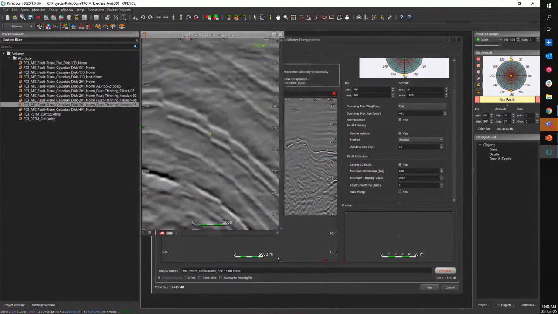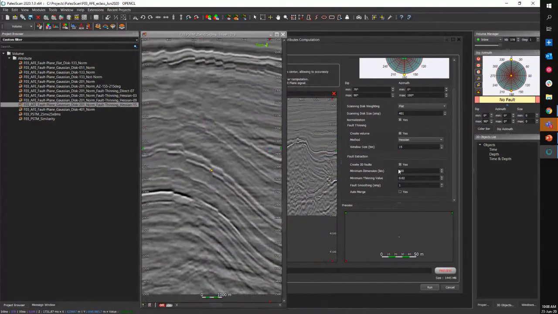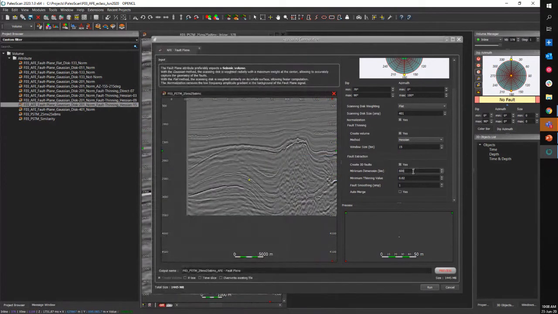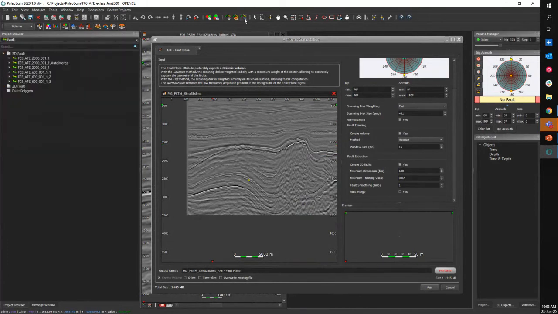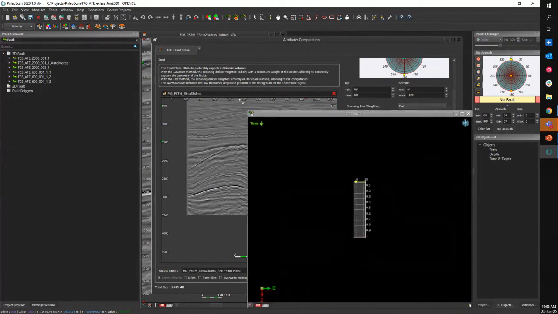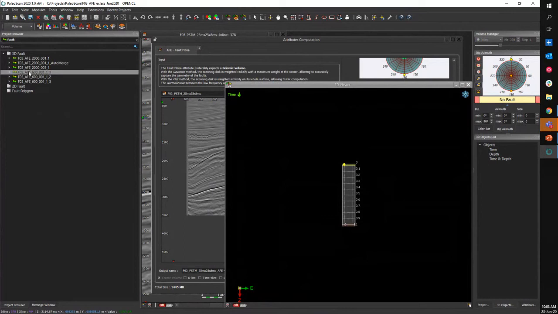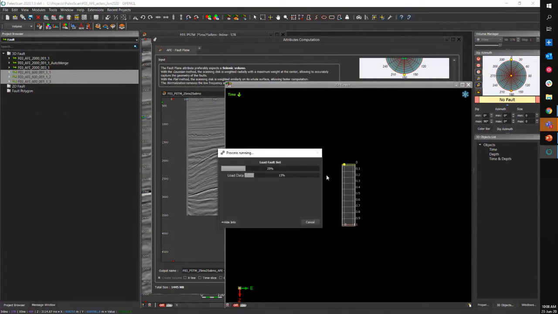Here, I will show you the difference between a fault of 600 voxels and a fault of 2,000 voxels. So I have extracted the faults. If I just open the 3D viewer, I'm going to drop the faults, okay, made with a minimum size of